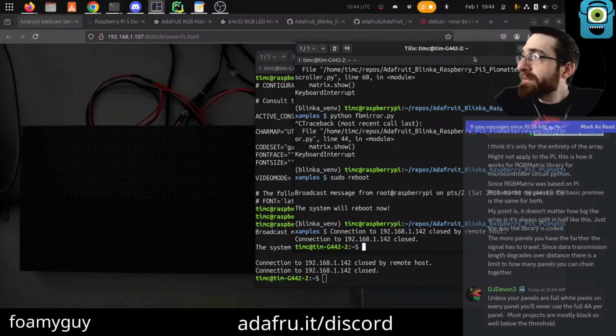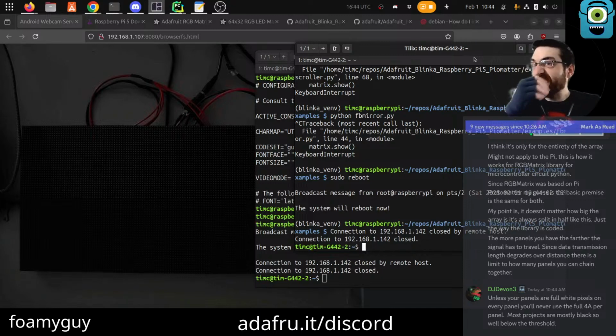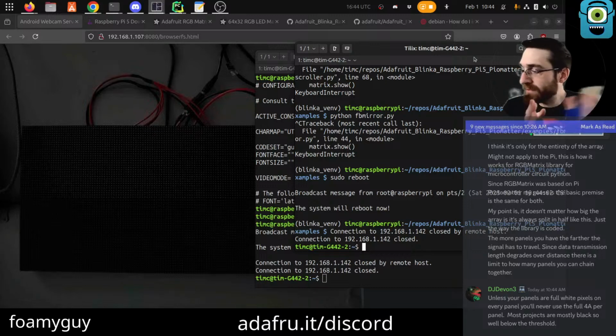Unless the panels are full white pixels on every panel, you'll never use 4 amps per panel. Most projects are black, so well below the threshold. Yeah, I don't know. Like I said, I kind of assumed power originally, but then I ruled it out to myself, at least without understanding it fully, because when I had it on only 2 panels, I had 2 power adapters total, so I was running them at the prescribed 4 amps each, and I still saw those lines with the brightness.